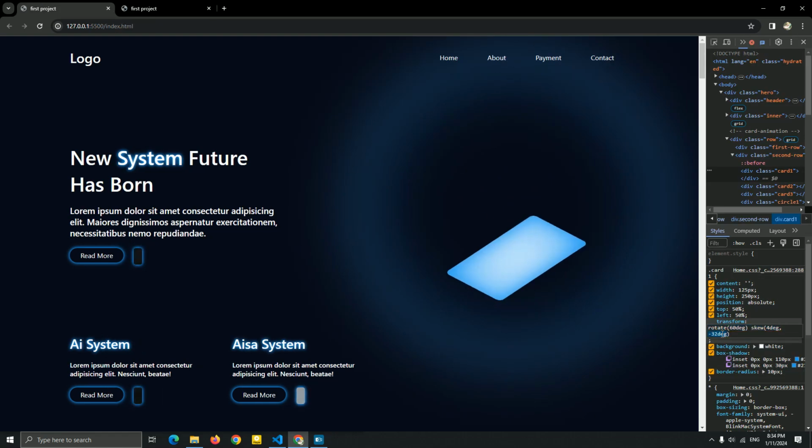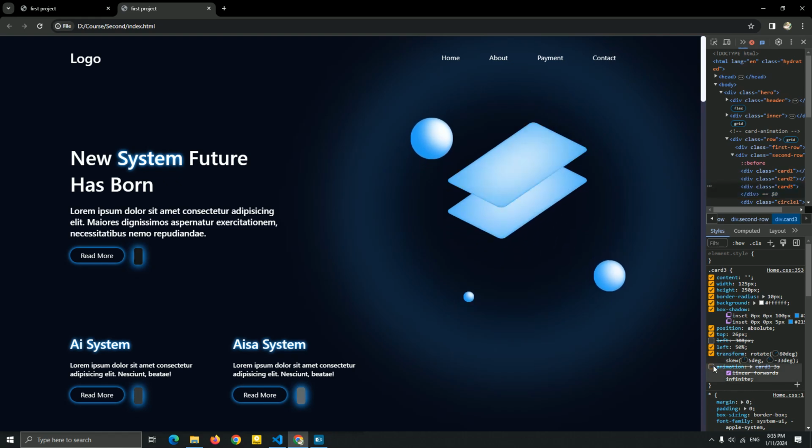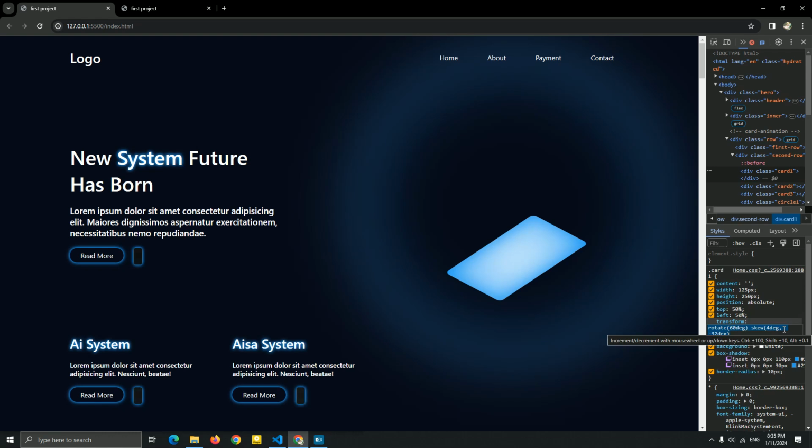And you can just change a setting of the skew, but just like I said, we don't need too much of the width. The only thing we need for this is a height, guys. So I'm just gonna turn off this animation to see if it's good or not. Yeah, it's the same, guys, as you can see. So this is how to create a card with skew. You just want to change a setting of the skew every time you want to change it, and you're gonna find what is best for your skew. Just keep changing this skew, and you're gonna find the best skew for this card, guys.